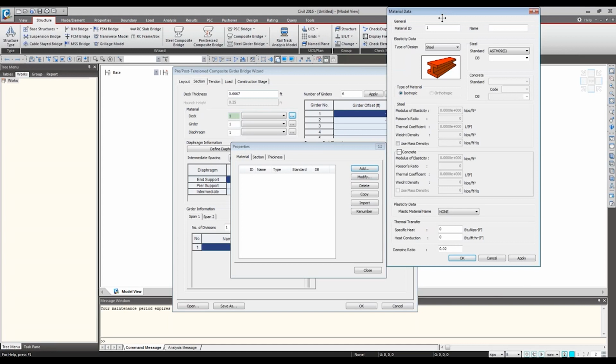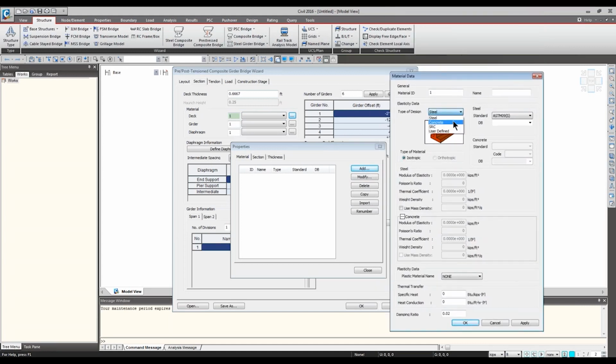Okay, let me define my girder and the concrete deck and the tendon material. My girder will be grade C4000. And my deck portion will be just grade 3000.